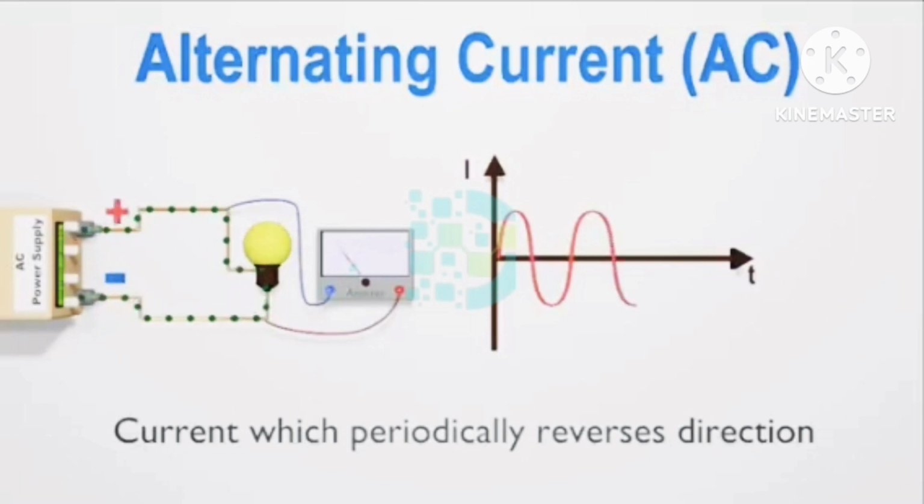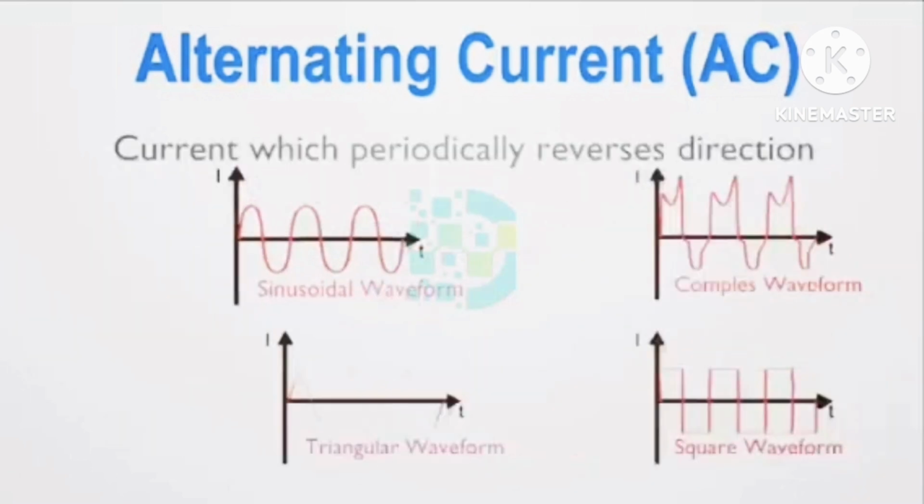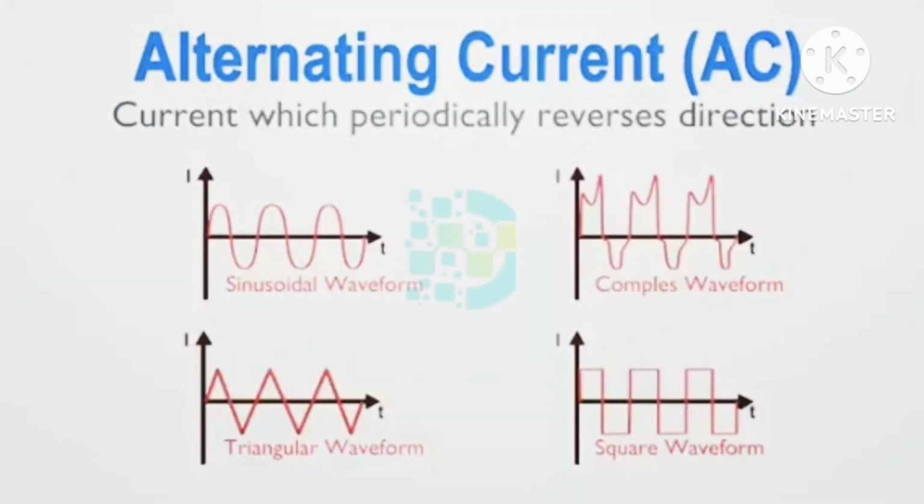The speed at which AC changes polarity and completes several cycles in 1 second is called frequency. It is measured in hertz. The most common AC waveform that is used in electrical and electronic engineering is the sinusoidal waveform. However, an alternating AC waveform may not always take the shape of a smooth shape based around the trigonometric sine or cosine function. AC waveforms can also take the shape of either square waves, triangular waves, or any other complex